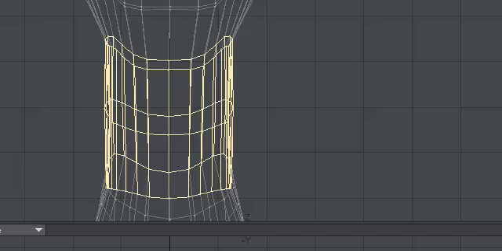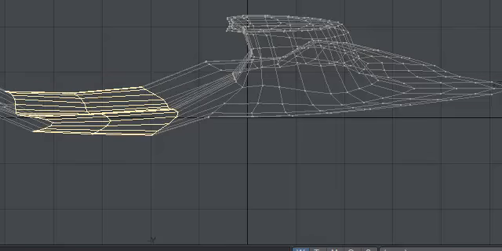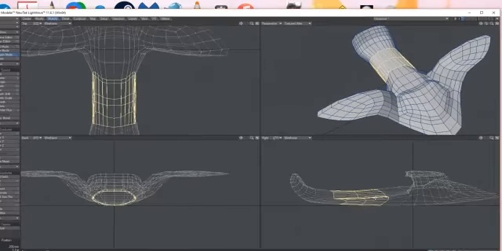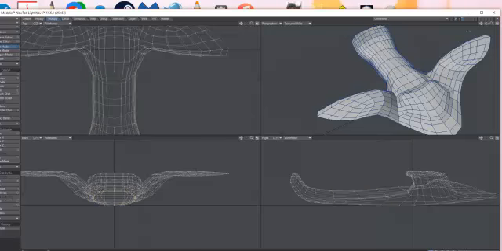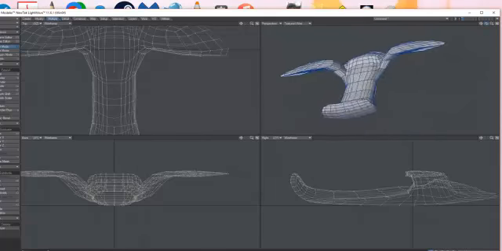Maybe just play with things, see what it looks like if we bring it up or bring it down, and maybe that doesn't look good. Maybe just making some shapes that help define your plane. So now